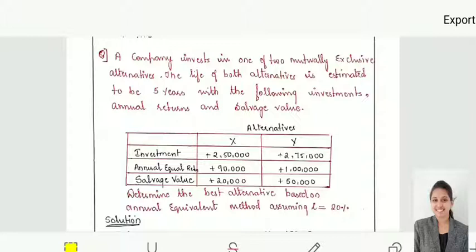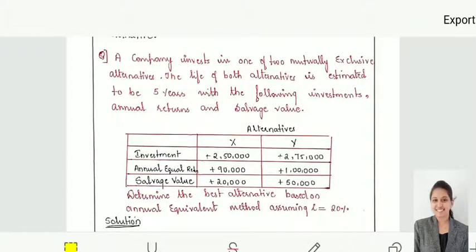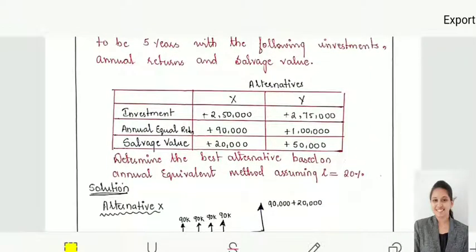The company invests in one of the two mutually exclusive alternatives. The life of both alternatives is estimated to be 5 years, with the following investment, annual returns and the salvage value. So for alternative X and alternative Y, the investment, annual equal return and the salvage value is given. So you may see here, investment means I am investing, so it should be